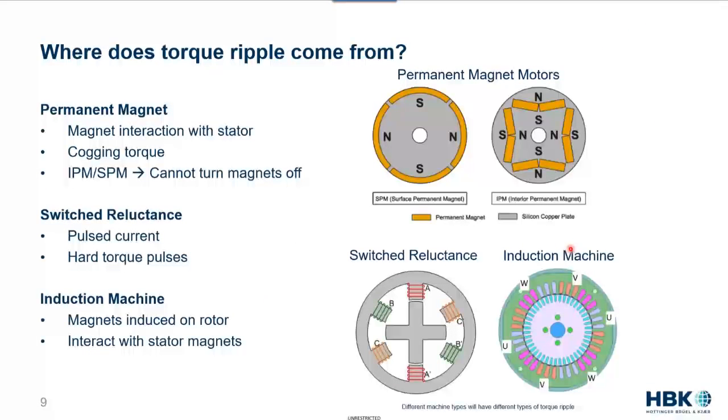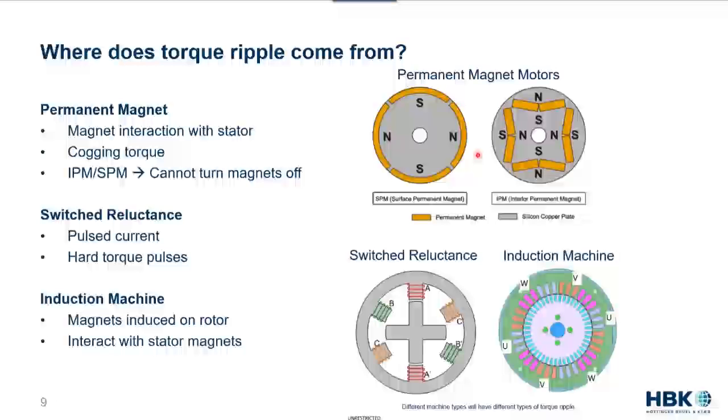Now the ripple can also come from the construction of the machine. So a permanent magnet motor is a good example of that, and that's what I've got shown at the top here. This type of motor is most popular for mobile applications or power-dense applications. In a permanent magnet motor, just like the name says, there's a magnet that's always on, spinning around the rotor. If you ever have a chance to walk up to a permanent magnet machine and try to spin the shaft